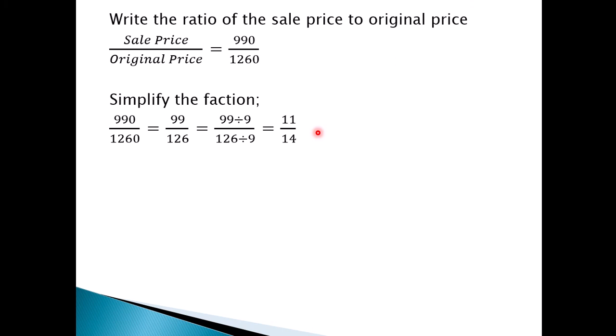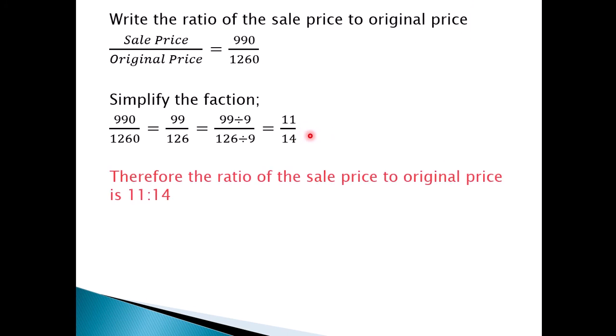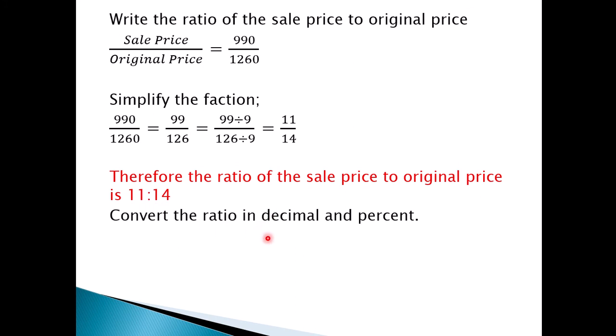And I think in your calculator, when you indicate the given 990 over 1,260, you're gonna derive 11 over 14 for the final answer. That's okay. No problem with that. Therefore, the ratio of the sale price to original price is 11:14. And then as we convert the ratio in decimal and percent,